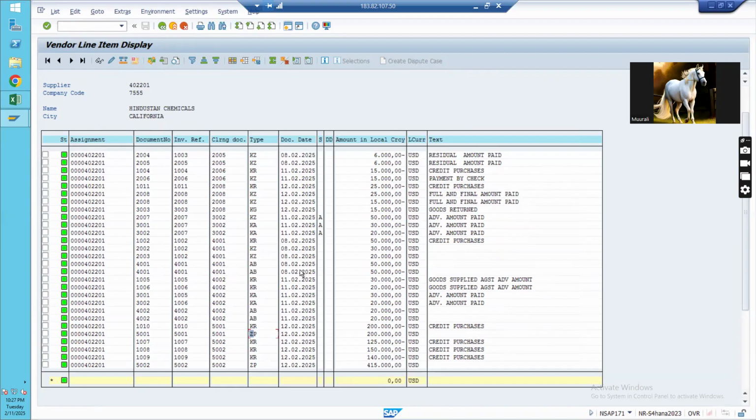Any questions, Murli, Shekhar? No, nothing. So tomorrow we are going to start the account receivable. So before that, you need. Murli, I'm just making my entire